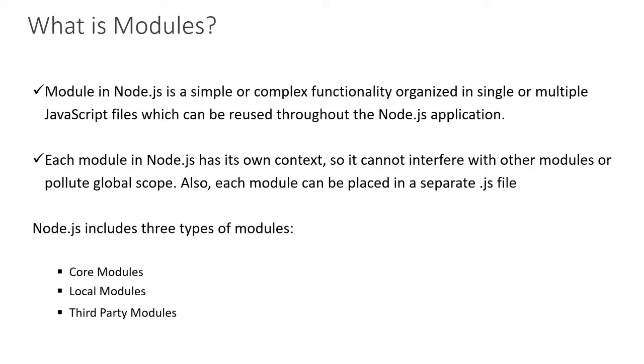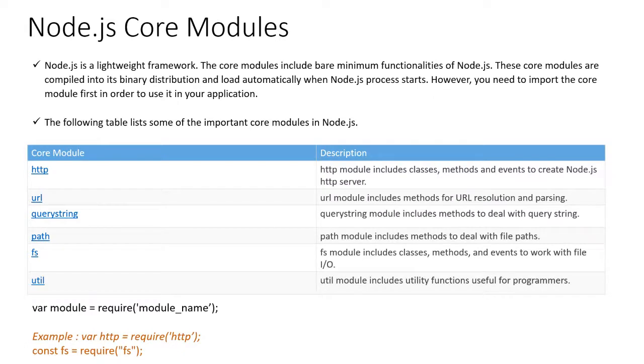As for core modules, it's a lightweight framework. The core modules include the minimum functionality of Node.js. The main ones are HTTP, URL, query string, and path. That's nothing but browser functionality, right? These are the things available. File upload or download, or utility. It's totally browser-based functionality. These are the core modules available in Node.js. Okay, I'll show you how to use the core modules in our applications also. Okay, the reality in the background happens like that. You need to know the background, and only then can you use it properly in our SharePoint Framework.